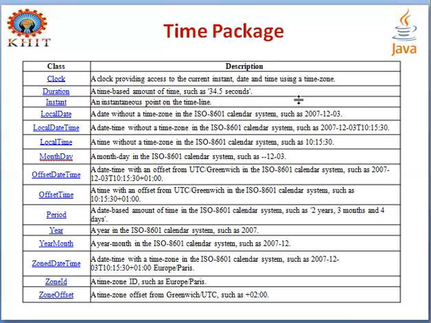Okay. Next, year. There is a class called year, which will give only the year. Then we have a year month, which will give only year and month. Okay, it will not present date. Similarly, there is zoned date time. So it refers to a time zone. You can see here, the example time displayed is Europe or Paris. That means European Union, European countries, Europe or Paris. Like that, zone ID. So each and every time zone has a specific ID that will be displayed.